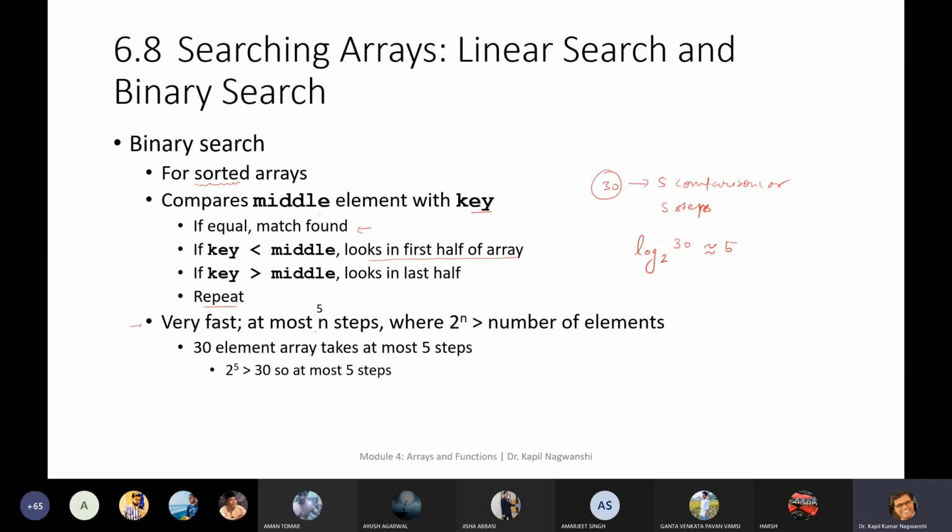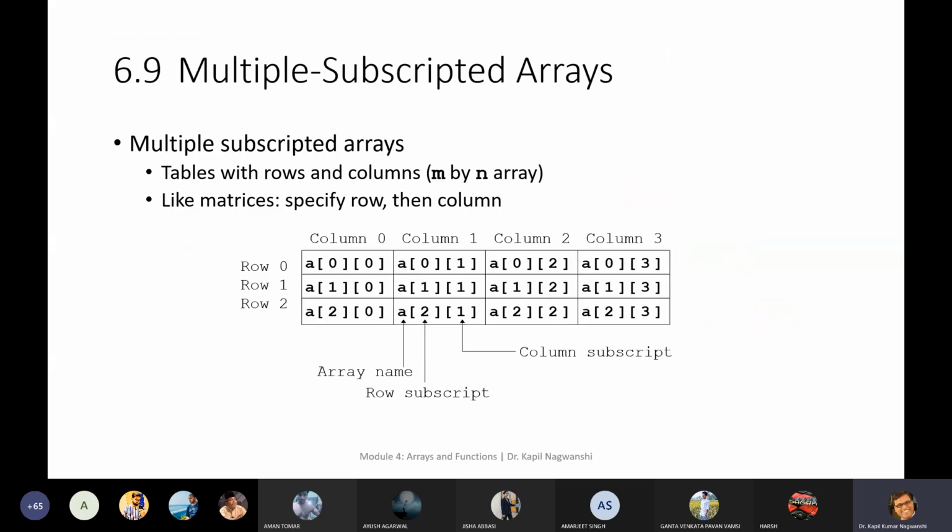We have already seen the case of 12 elements. Okay. Let us see log base 2 of 15. So what will be the answer? It is approximately 4. So we have already done it within 3 steps. Okay. And log base 2 of 30. If this is 16, then exactly 4 will come, and if this is 32, then exactly 5 will come.